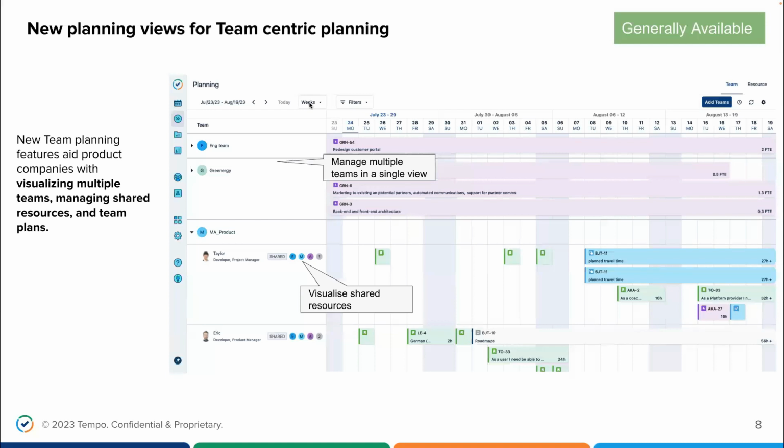So I'm currently in the weeks view, and here I can also expand a particular team and see all the resources that are part of that team. I can see whether they are shared between different teams, or if they have any individual allocations or plans, things like vacations or training, things that are not part of your team plan, but they're individual plans, can also be visualized here. So actually, this is my go-to view internally, and I will talk a little bit more about that